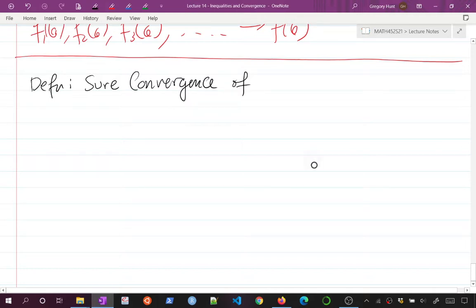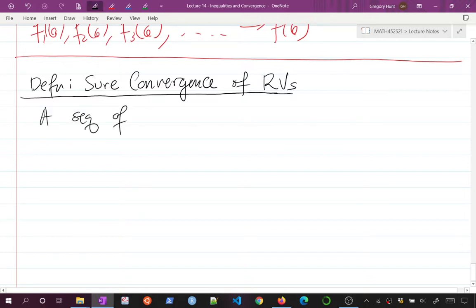So our very first convergence topic is called sure convergence of random variables. We say that a sequence of random variables x1, x2, x3, and so on, converges surely